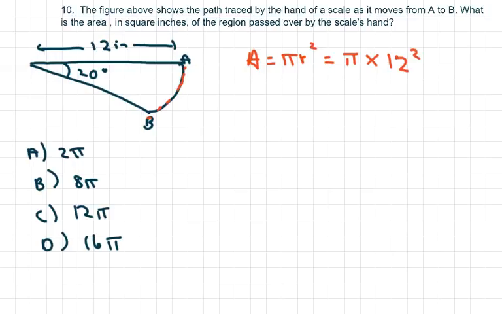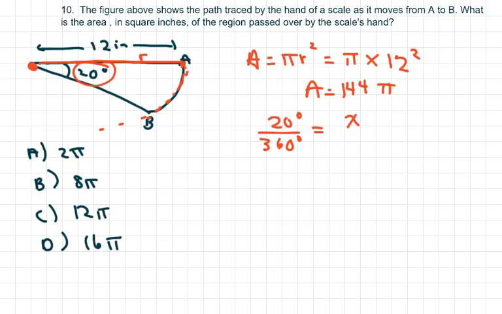12 squared. If this went all the way around, this would be like the origin, and this is the radius. So the area equals 144 pi. Now we can use this in conjunction with the degrees and set up a proportion. We know 20 degrees is to 360 degrees, if we consider the parts to the whole, as x, that's what we're looking for, is to